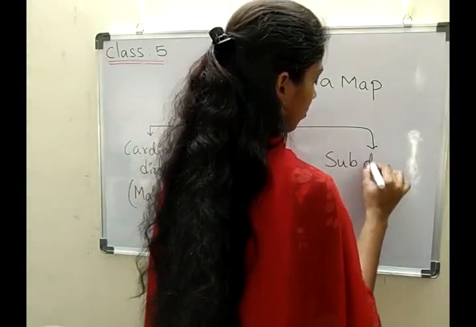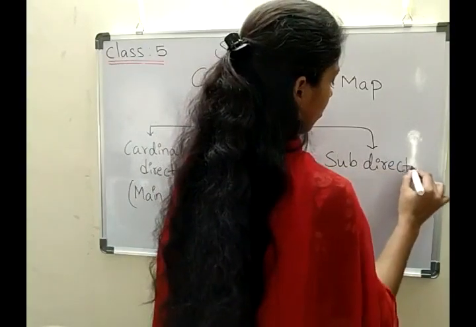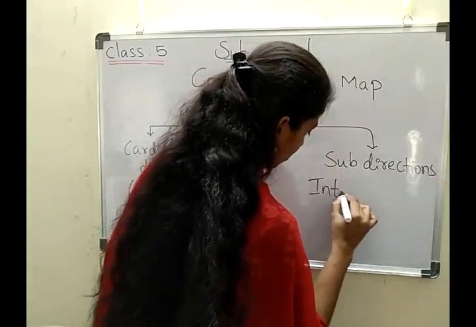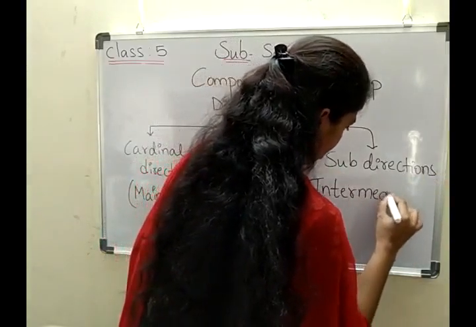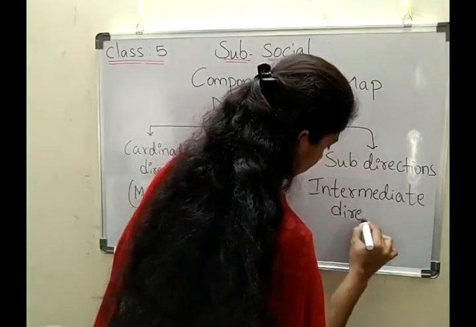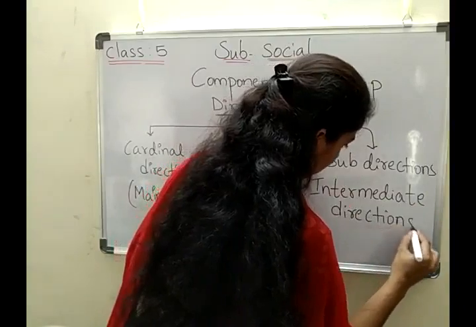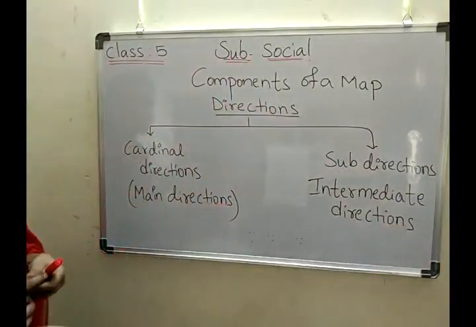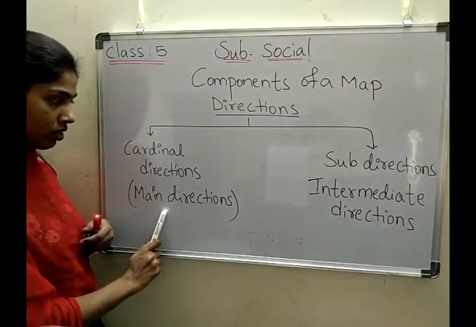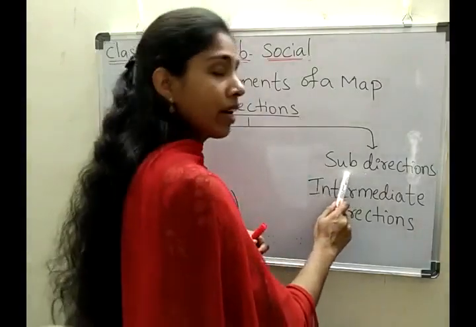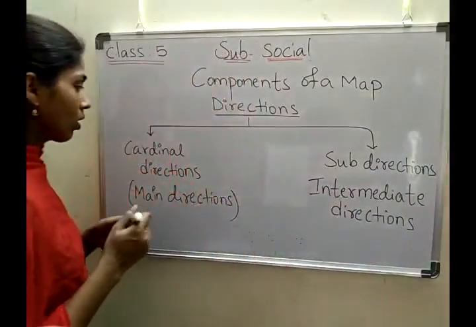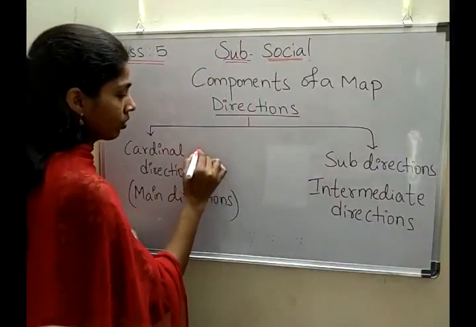Subdirections are also called intermediate directions. Understood, children? There are two types of directions: cardinal directions or main directions, and subdirections, which are also called intermediate directions. Cardinal directions are